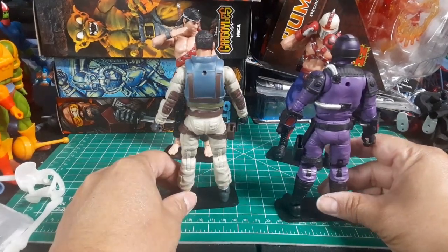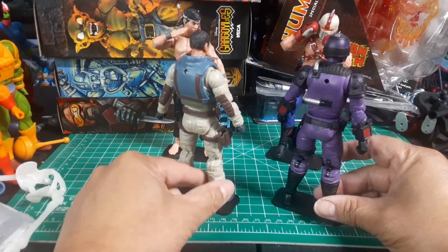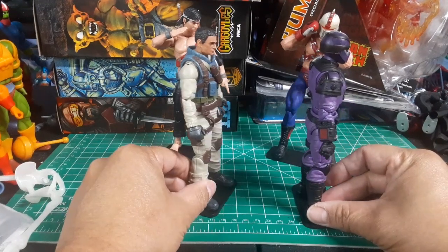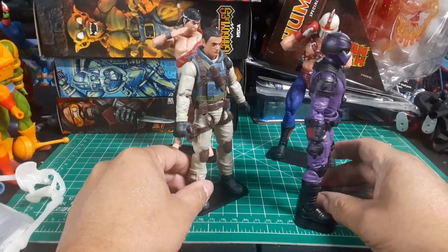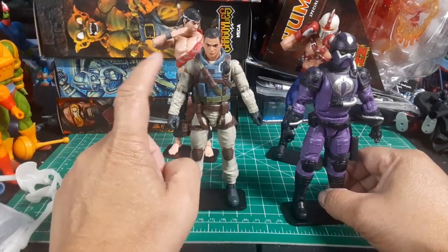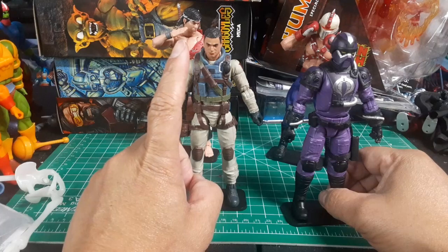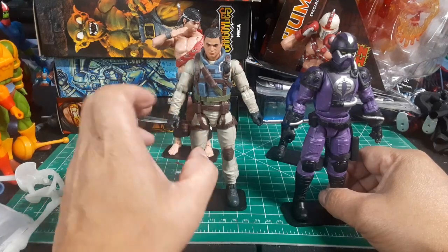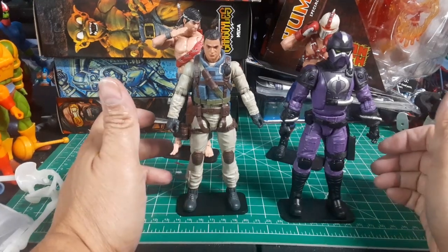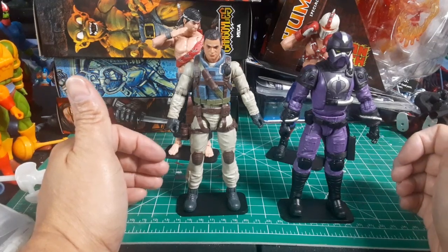But as you can see, on the Techno Viper the uniform is all sculpted into the figure, while Airborne has a secondary jacket that he's wearing. And again, Hasbro G.I. Joe team, if you can build it into your figure where you can pop off the arms, then that means the vest can be removed going up like that. That will be so much cooler. It will basically complete the design of the G.I. Joe Cobra team